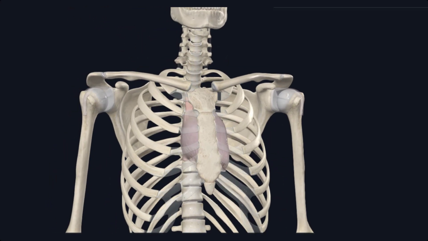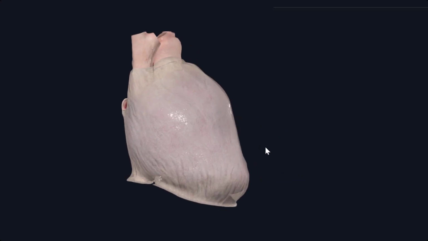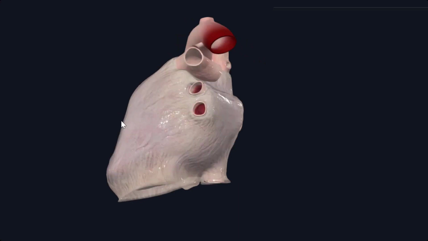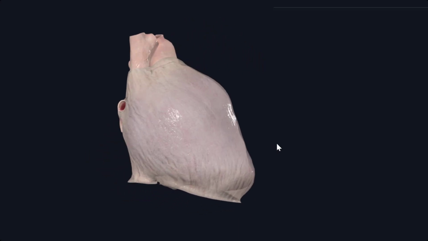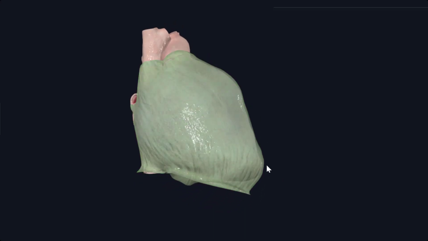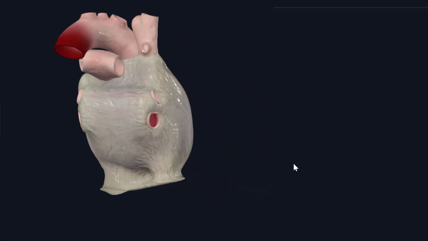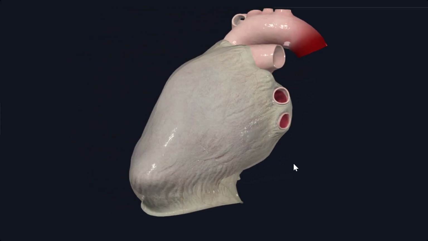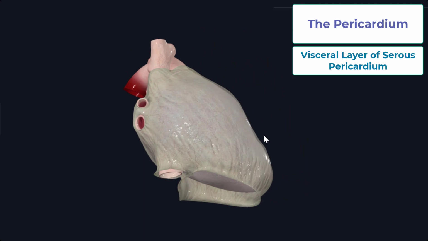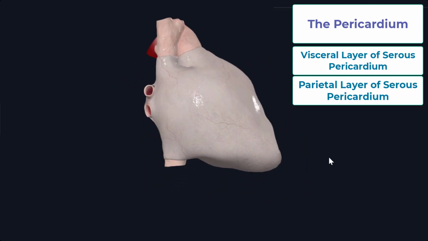In this video, we are going to discuss the pericardium with the high-yield gross anatomy, specifically themes of the USMLE Step 1. What's interesting here is that I will show you all the structures on 3D anatomy with Complete Anatomy by Elsevier. Let's begin. The pericardium consists of three layers: visceral layer of serous pericardium, parietal layer of serous pericardium,